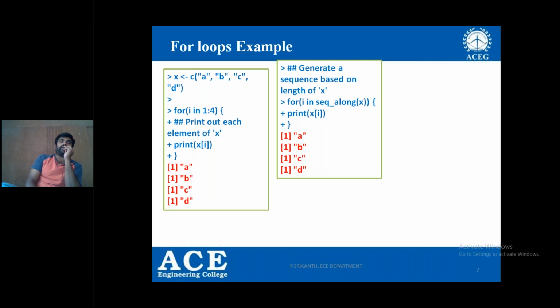For example, if I say i in 1 to 2, how many values will be displayed here? Only 2 values. If you don't know the length of the particular vector, you can use the function seq_along of x. You can take the variable i varying from 1 to the maximum length of x, right?